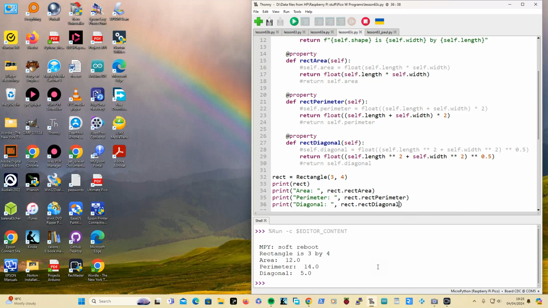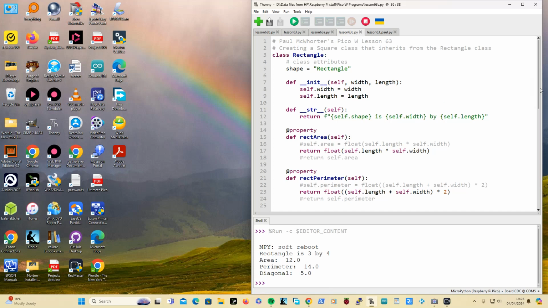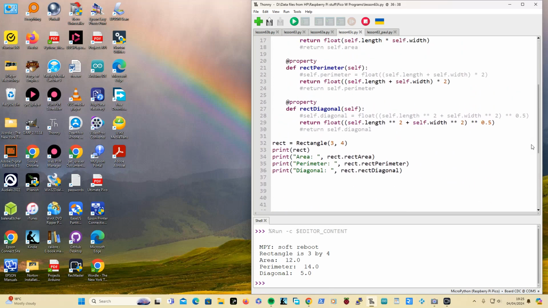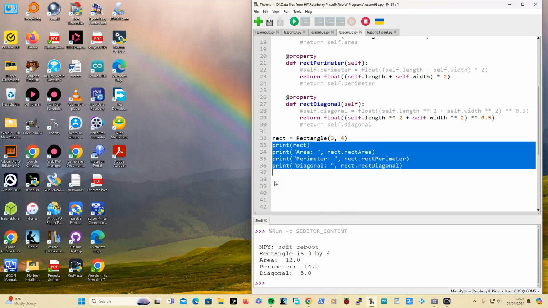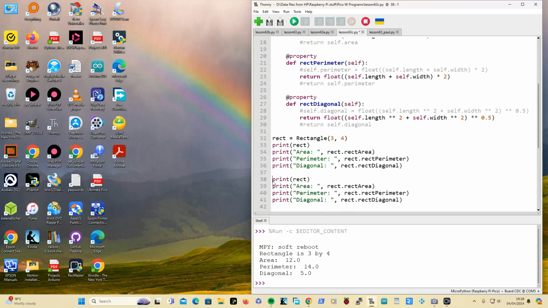You cannot now overwrite the calculated values of area, perimeter and diagonal, and it takes care of itself if you change them. I haven't tried changing them on the fly, have I? Or have I? No. Right, I will copy that lot, copy, paste. So now I will go rect, I haven't actually tried this,